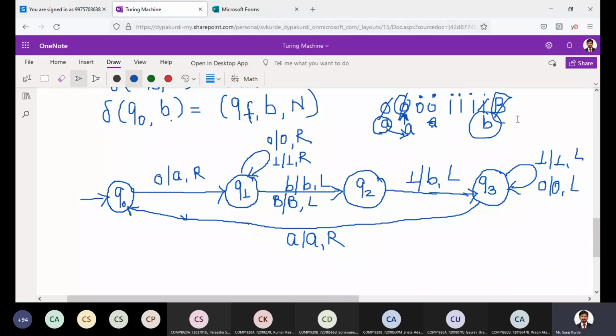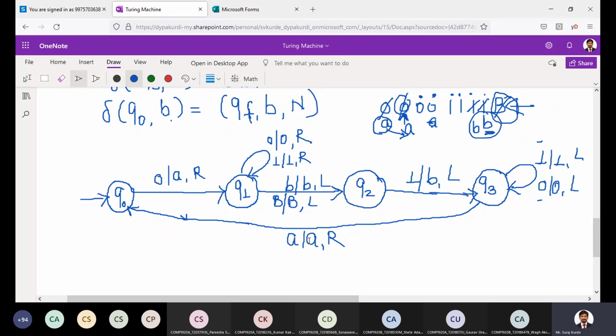Now it will not find this capital B, it will find small b. For the first one, the rightmost one, first we will search capital B, and in subsequent moves we will find small b. So instead of capital B, it will be small b. In the next move towards the right side, it will always find small b, not capital B. Go to the left. On the left, it may read 1. Replace 1 with B. Go to the left. While moving to the left, it will read 1 or 0. Keep them as it is until you find A.